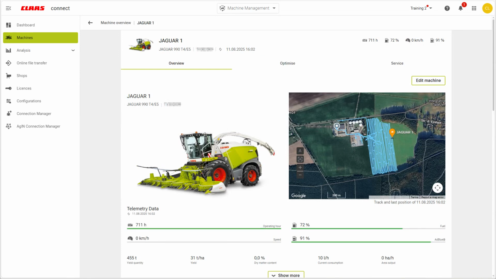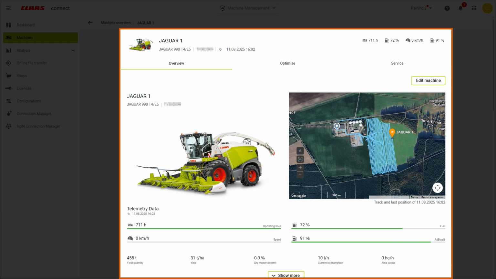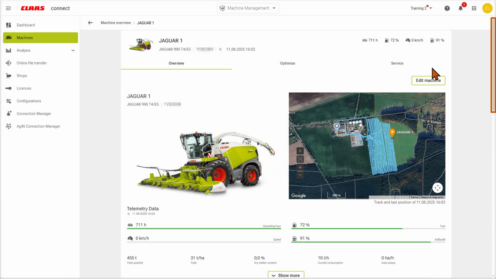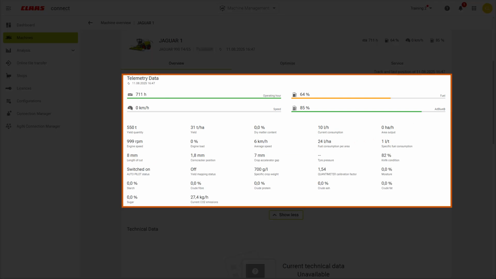As soon as you have selected a machine, you will be taken to the overview page. There you will find all the important information about this machine in one place. The position, the telemetry data and settings of your machine,